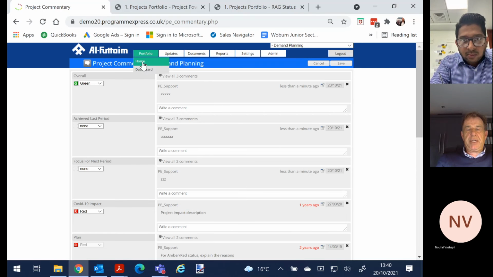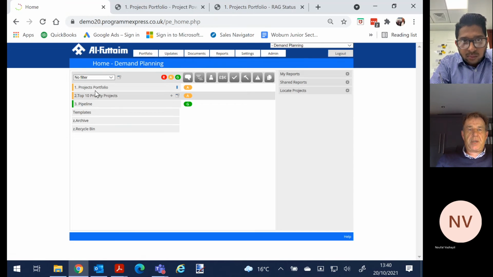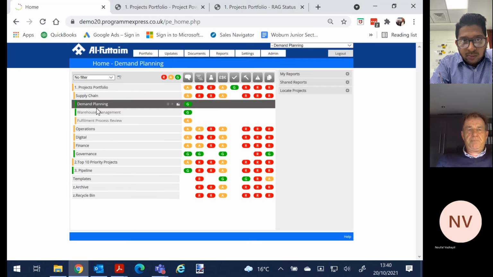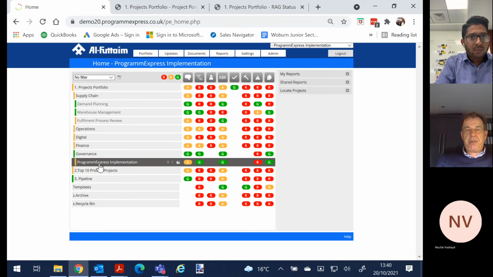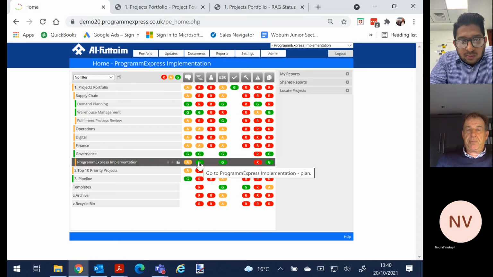So that's really commentary, and I've shown you a couple of examples of where the report feeds into commentaries. So let me take an example of plan. I'm going to use the ProgrammExpress implementation for that, which is what I use to produce the report to put in the proposal. So within the plan screen,